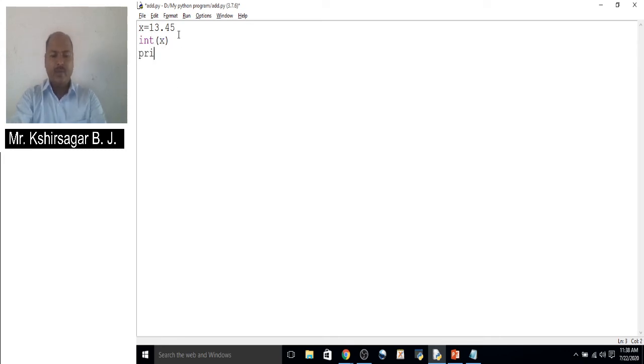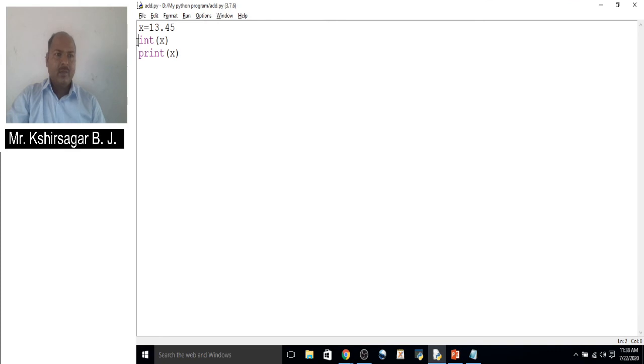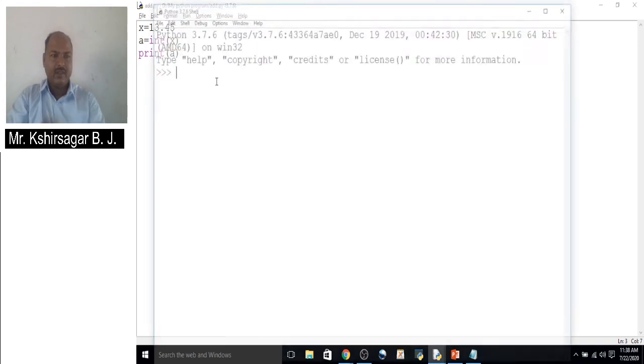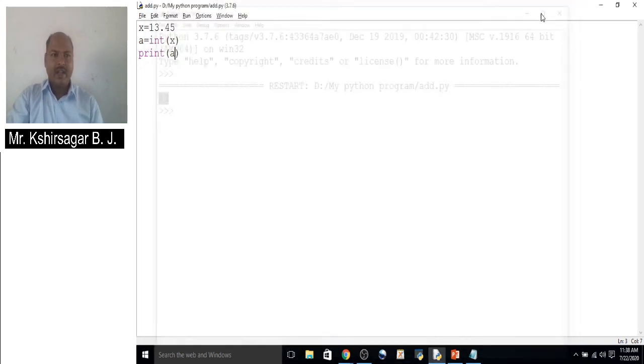Now see, if you print the value of x here, the value of x is 13.45. Suppose we have stored that inside a variable a and print the value of a here. Now see, the value of a becomes an integer.